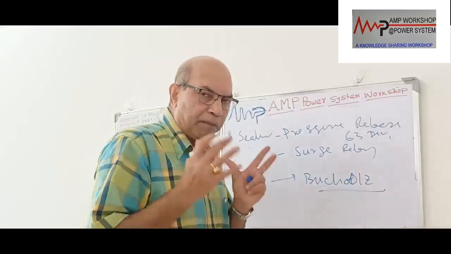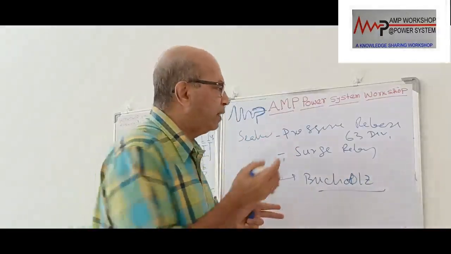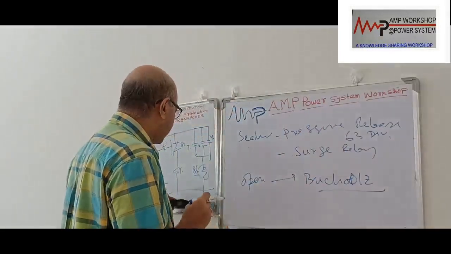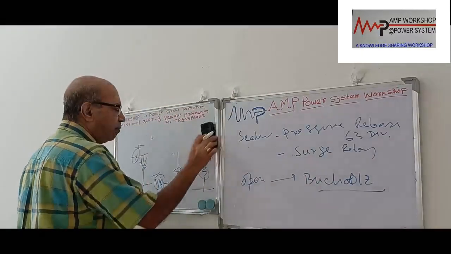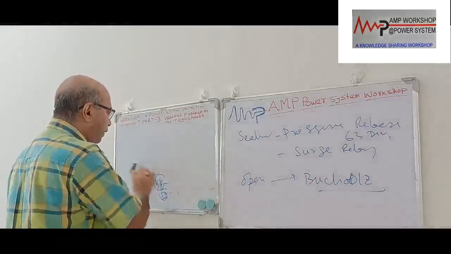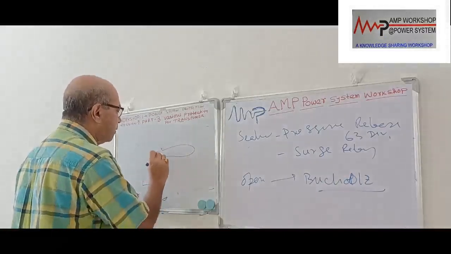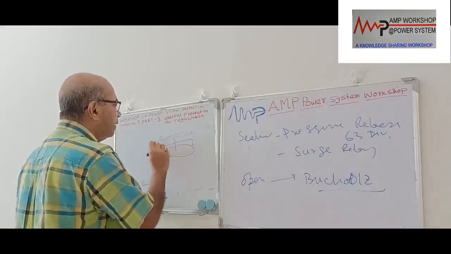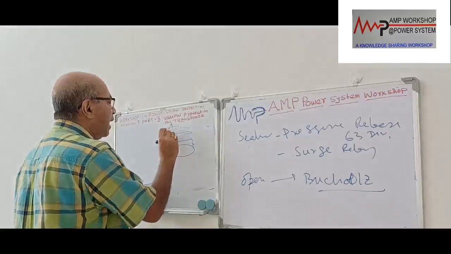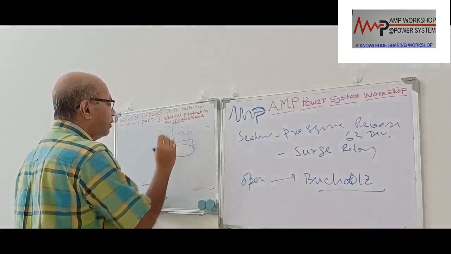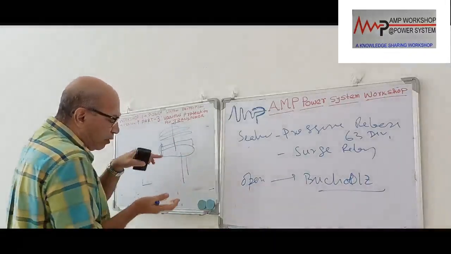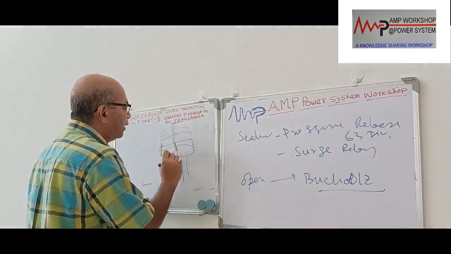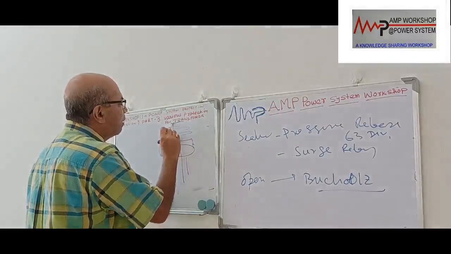When minor gas is produced slowly with time, the gas will go off, and then the pressure relief device, as we have already said, is actually a bellows fixed with a spring, and that spring has a contact. There is a bellows over here. Over the bellows there are springs, and this is the mounted shaft, and that shaft has a contact. Over here there is a contact. So when the gas comes over there, the bellows get compressed. When it gets compressed, the spring moves up. It gives a force on the spring, then the shaft will go up, and when the shaft goes up, this contact will make.